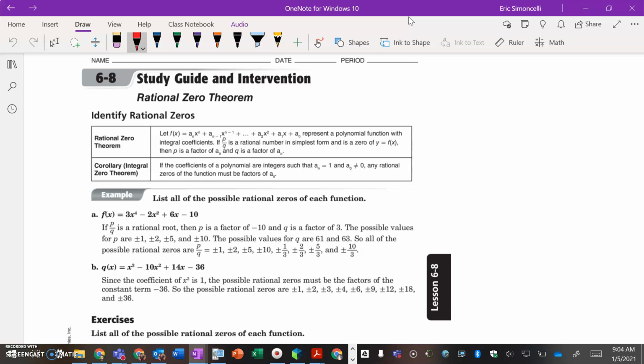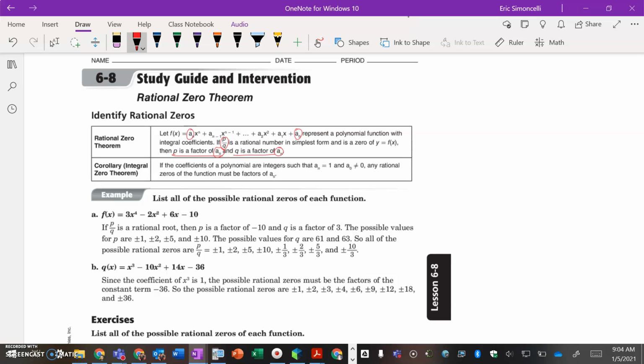If p over q is a rational number in simplest form and is a zero of y equals f of x, then p is a factor of a sub 0 and q is a factor of a sub n. We're going to be talking quite a bit about p over q today, and in the context of how the factors will divide out, p being the factor of the a sub 0 term, which we said earlier was the constant or last term of the function, while q represents the factors of a sub n, or the leading coefficient